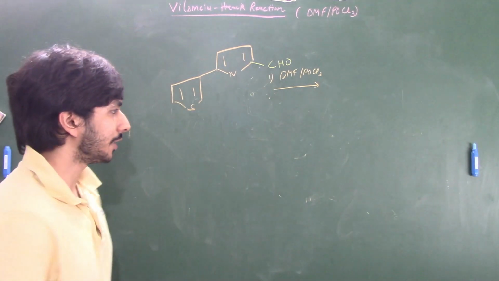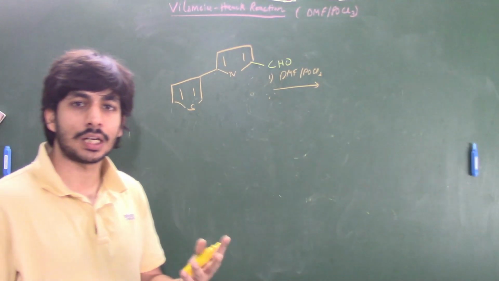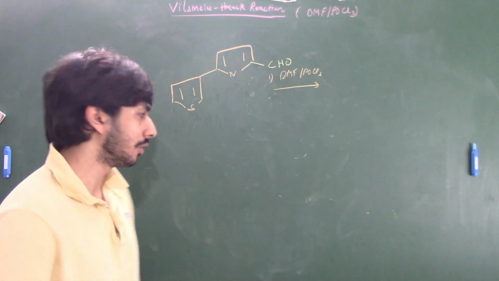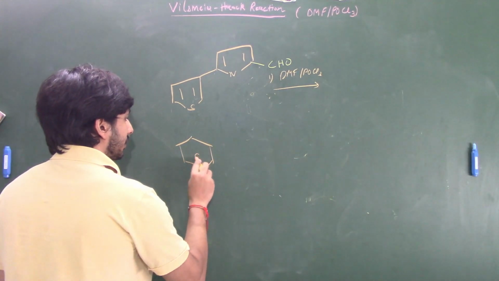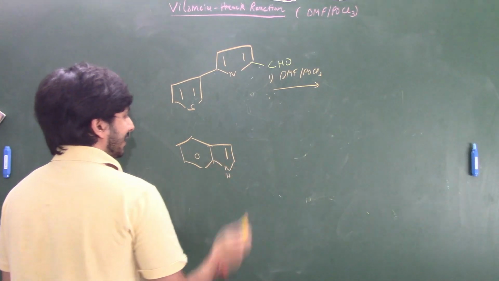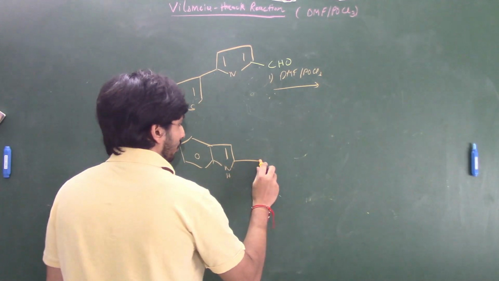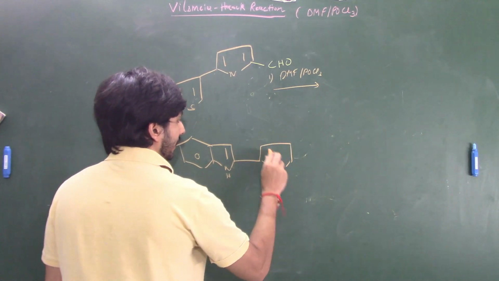Now let me take another example. Okay, so let me take another example of actually a 4 marker that was asked in the CSIR NET examination. So what was that question? We had another heterocyclic scaffold, which is basically our indole. Okay, this is indole, and from the second position of this indole, we had a furan attached.